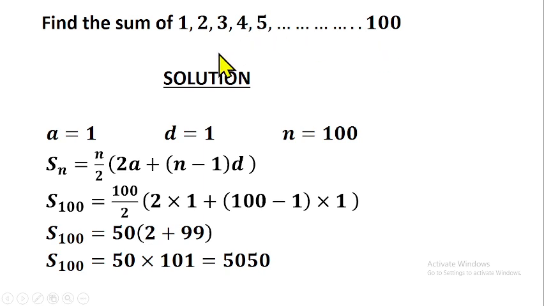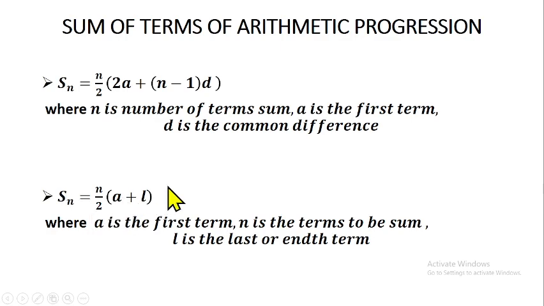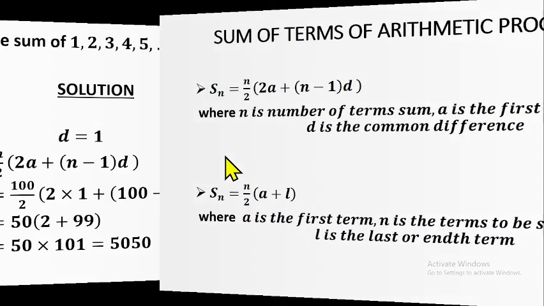The first term, a, is 1. The common difference is also 1. How many terms do we have between 1 and 1000? That is 1000. So you can put that in this formula and you get the answer. You can sum it in a few seconds. Do we understand that?